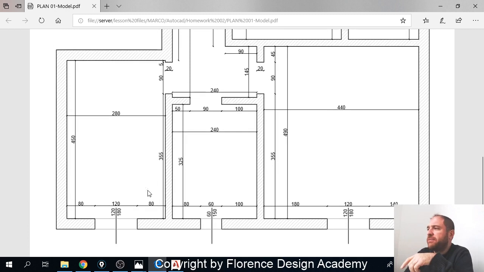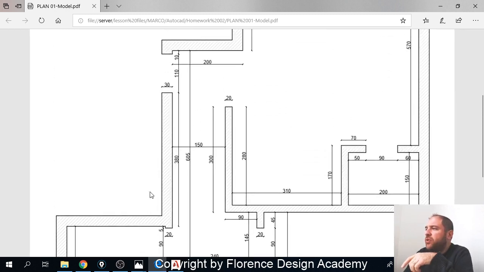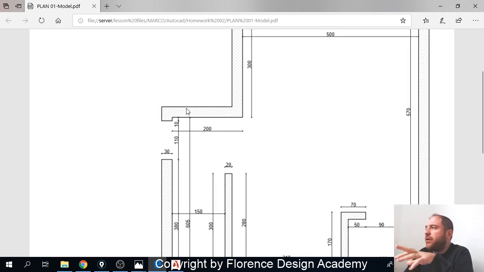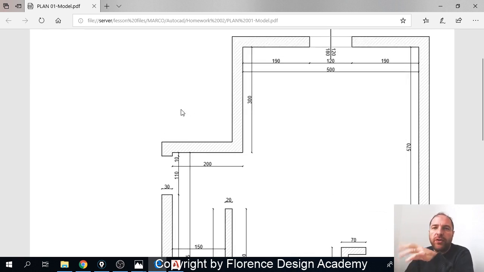And last but not least, I will show you that with layers we can keep our drawing well organized. We can separate elements, but we will see today even how to create and manage this part of the drawing that is called